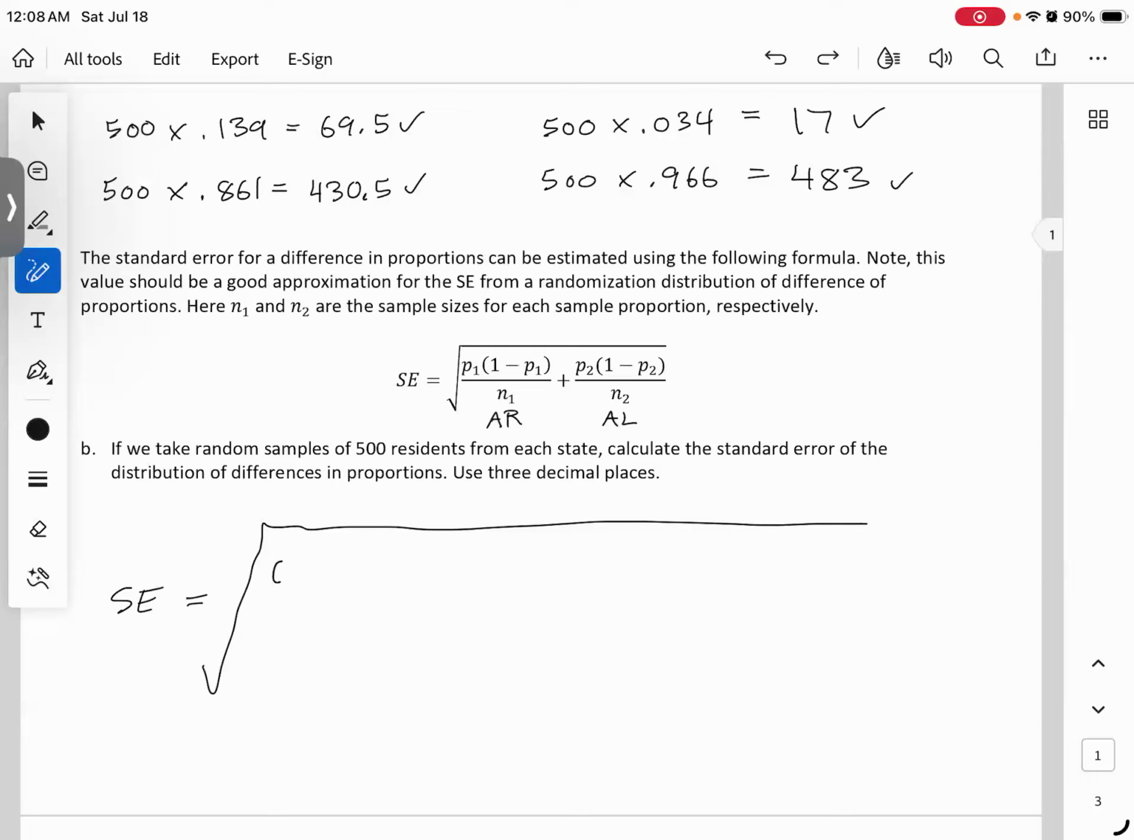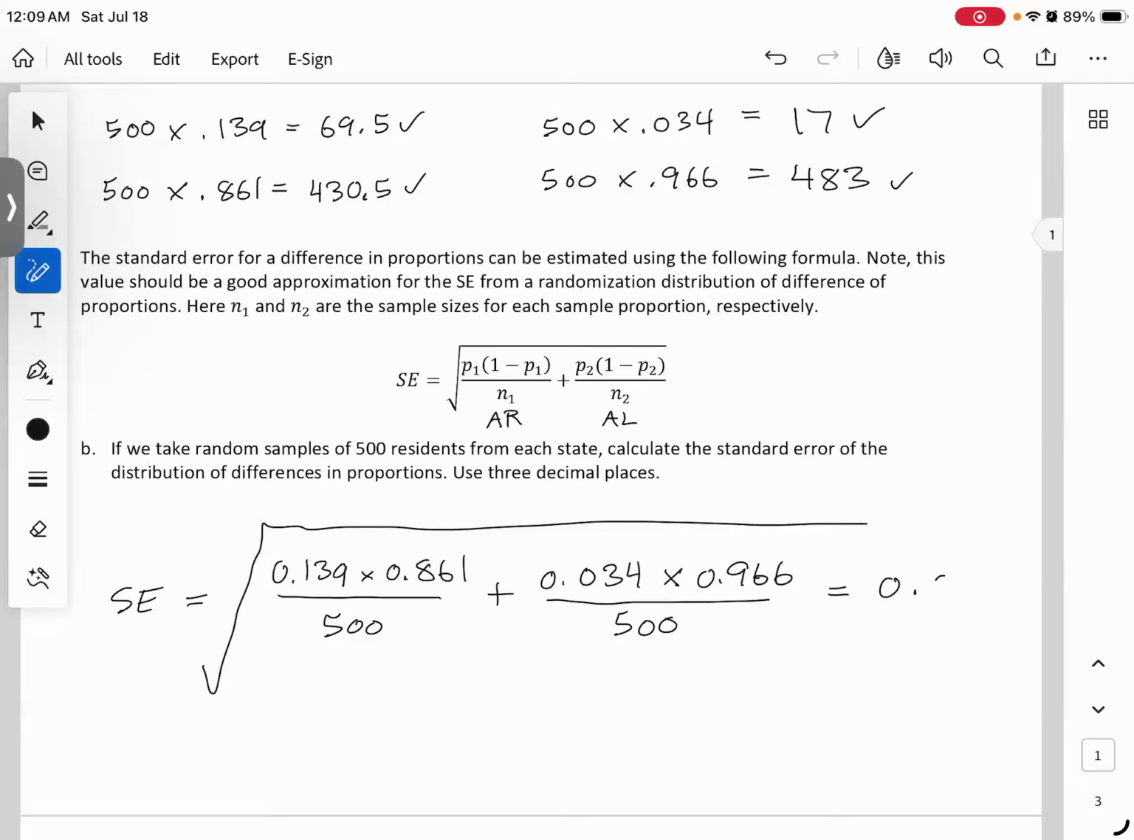We're going to do the 0.139 times its complement, which is the 861 over 500, plus, now this is moving on to Alabama, the 0.034 times the 966 over 500. And that's what you would put in your calculator to get. But try it. You should get